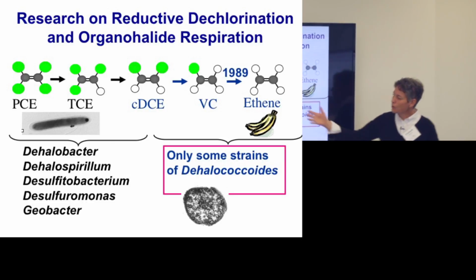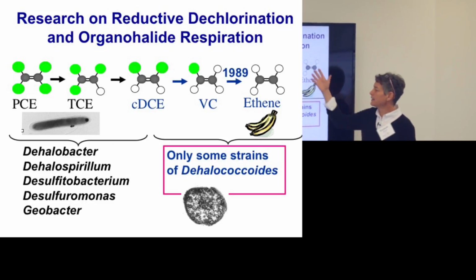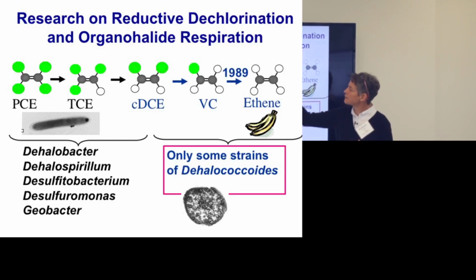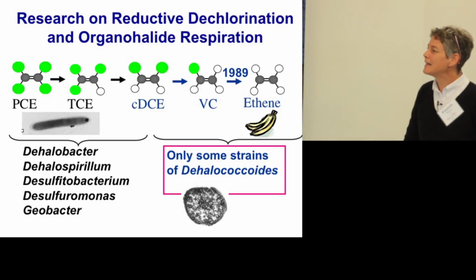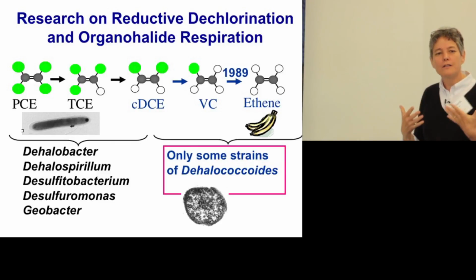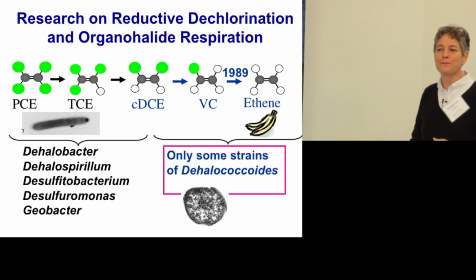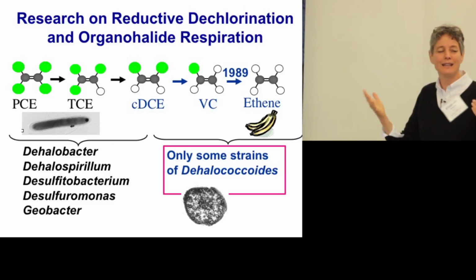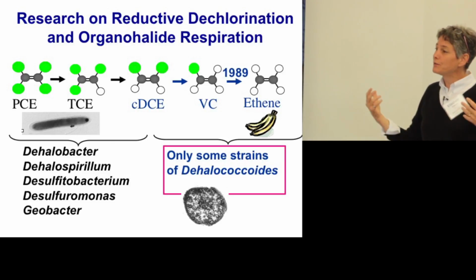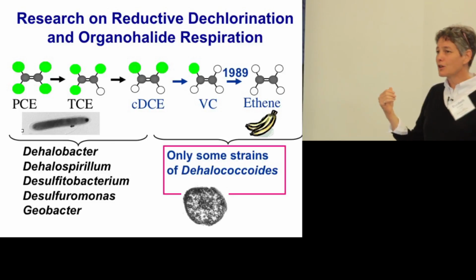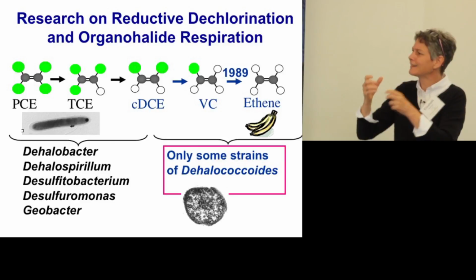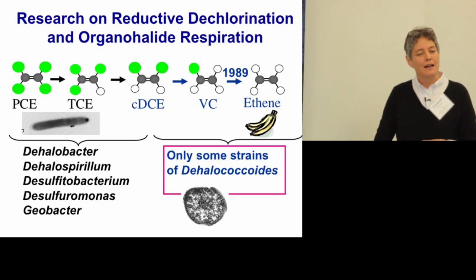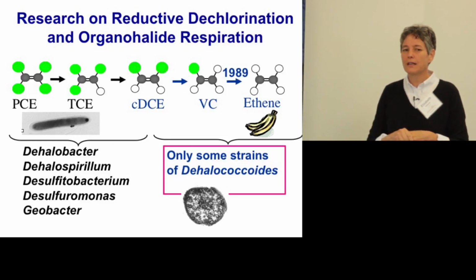And a whole bunch of other organisms have now been identified. The ones that can do this really key detoxification step are from this genus called Dehalococcoides, because they have this sort of coccoid shape, sort of. And it turns out that all they do is remove halogens from organic molecules. They are obligate dehalogenating microorganisms. This was some years ago when we started realizing this. We didn't actually have names for all these organisms, but we had bottles of dirt that did things, that degraded, and we thought, wow, if this is really so specific, maybe there's a business.